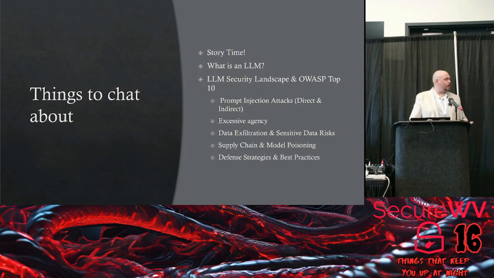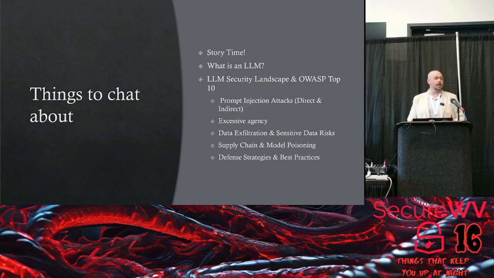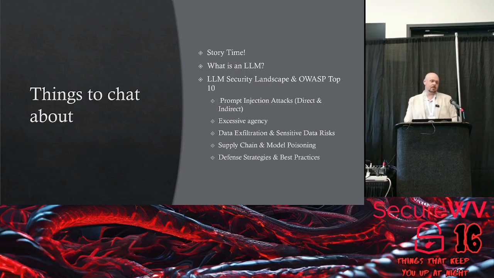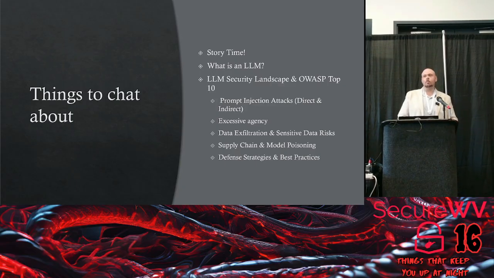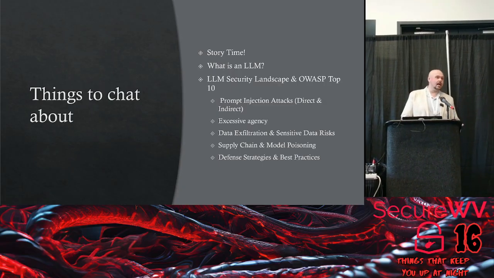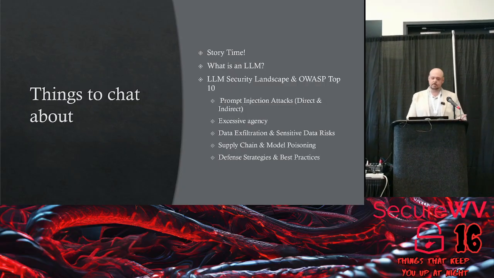Just a little bit about what we're going to talk about today. Again, a little bit of story time. I have a favorite story about the agentic use, especially when you start talking about agentic coding and some of the nightmare that it's been. Then we'll talk very basically, for those that don't have the tech background, a little bit about an LLM. What drives it? Why do we get to where we're at? Why does it do the weird things that it does sometimes? Why sometimes can it generate a fantastic, realistic image, and other times you get a banana when you ask for a car? I know it sounds crazy, but I've seen it happen a few times.